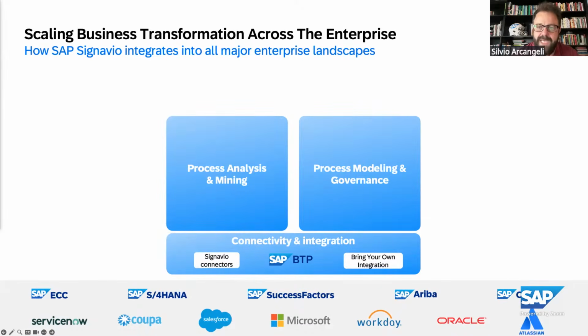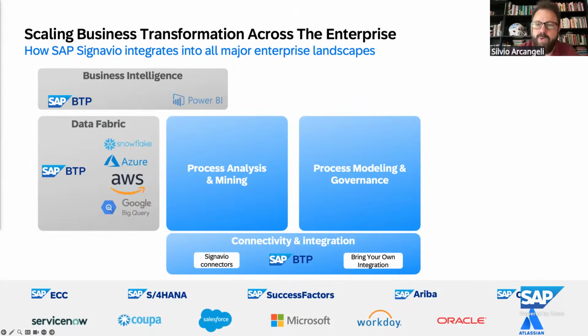At the same time, we are also totally committed to keeping Signavio open and best of breed, because we are market leaders, according to most of the analysts, and we want to remain and even improve our market leadership. So we will never become SAP only or strictly SAP focused. So that's what I mean with dual strategy, right? That's a promise that we can make and that will not change.